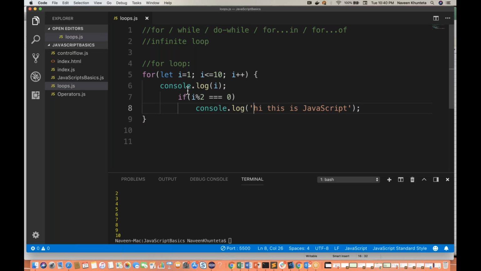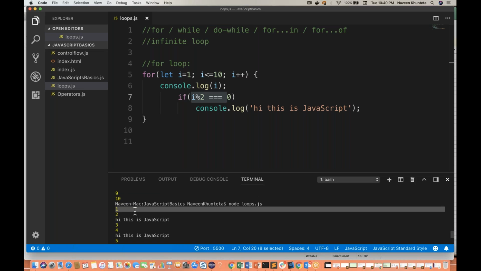Now you run it. So what will happen once i is equal to 1 the first time? i less than or equal to 10, it will print the value of i equal to 1. It will check 1 modulus 2, is the remainder 0 or not? No, the remainder is not 0. So let's see what happens. If you run it, at counter number 1 it's not printing "this is JavaScript". Next time when i equals 2, because i++ will increase the value of i,